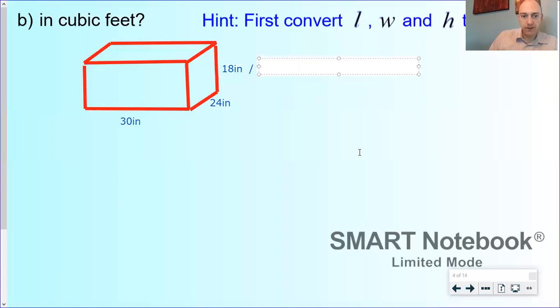Or, I should probably do this the way I taught you in class. We're going to take our conversion factor of 12 inches per foot, right? We know 12 inches equals 1 foot, and so we're going to set that up as a fraction. It's either going to be 1 foot over 12 inches, or it's going to be 12 inches over 1 foot. And as you can see here,